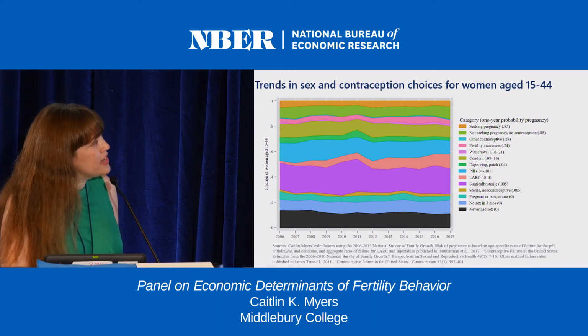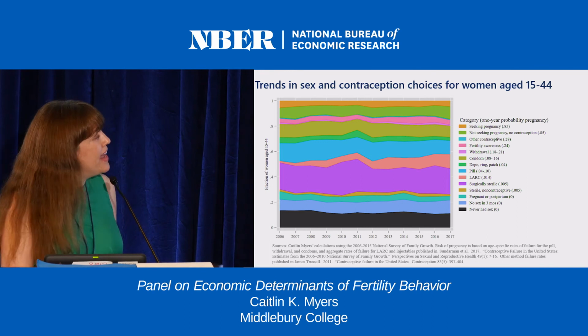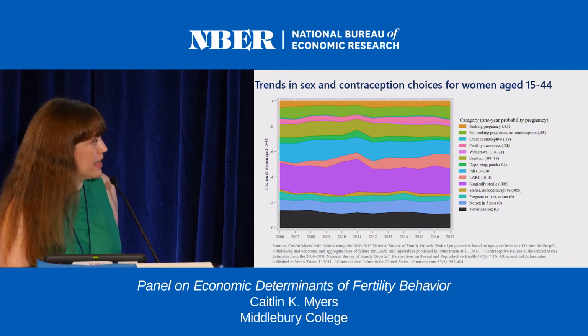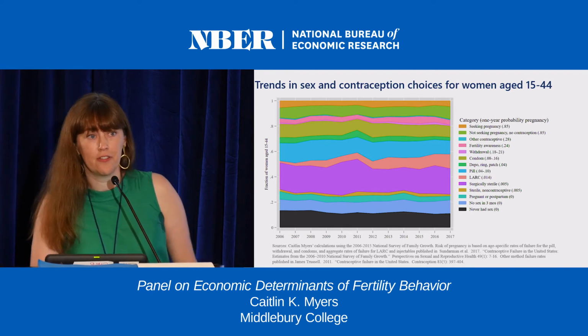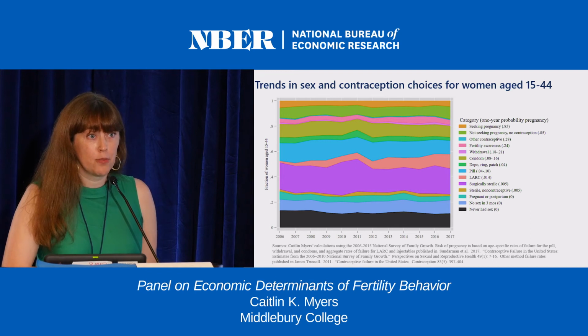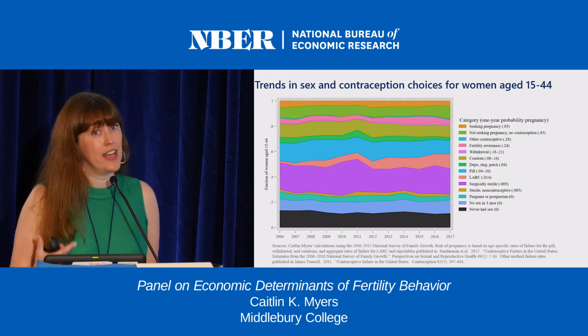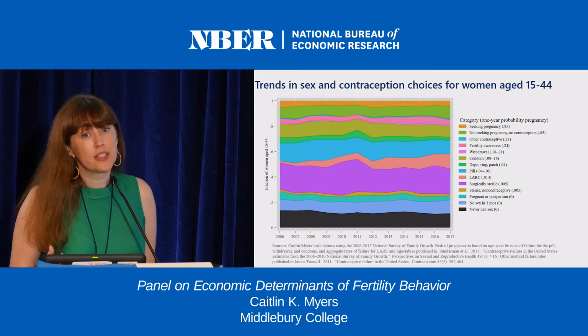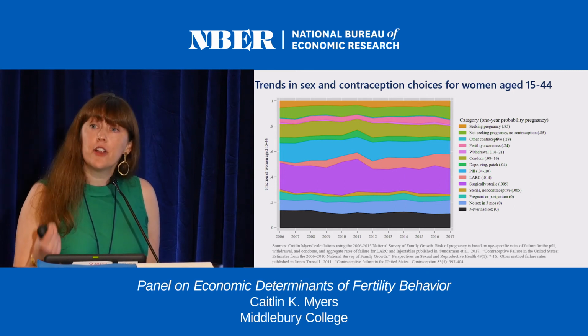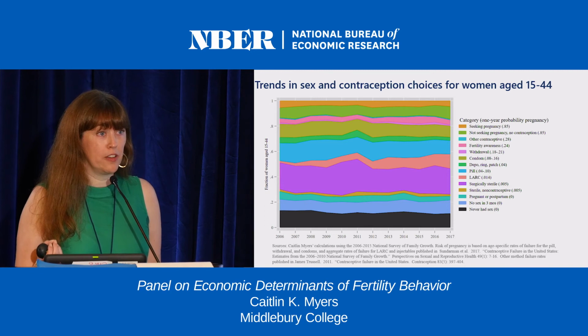So I want to think about the risk of pregnancy. And to do that, I'm going to use a kind of back-of-the-envelope calculation that's popular in the public health field. I'm going to take the National Survey of Family Growth. I am going to look at sexual behavior reported by people there. Have they ever had sex? Have they had sex in the last 3 months? And what was the type of contraceptive method that they chose the last time they had sex? And for each one of those, I'm going to assign a probability of pregnancy.